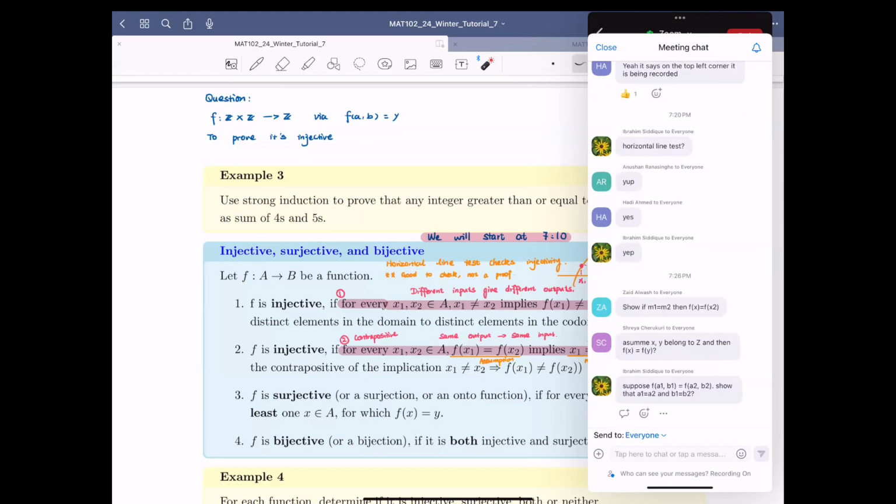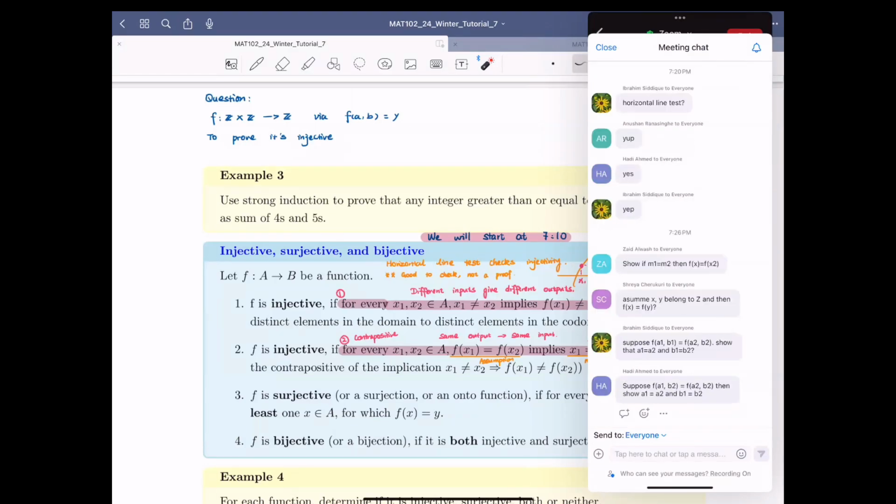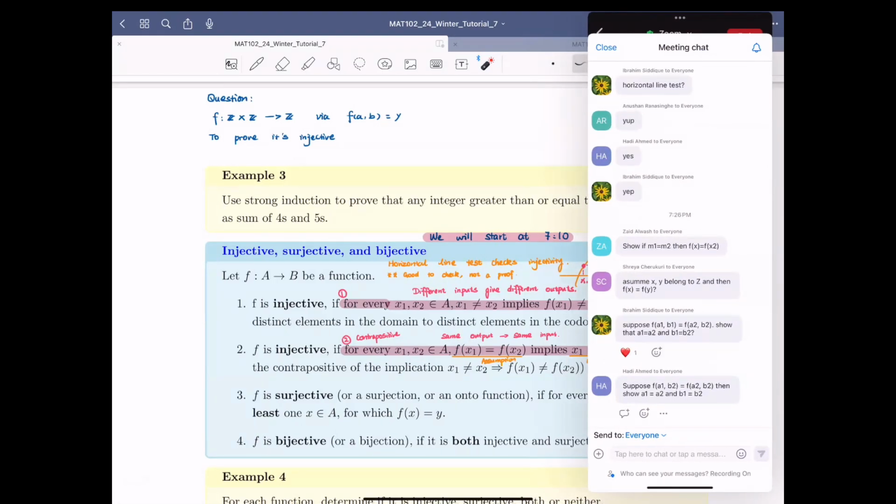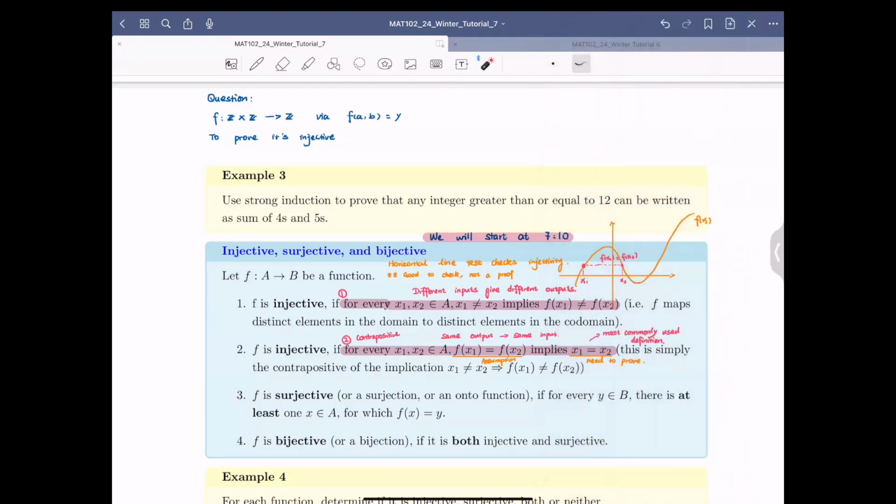First of all, your A here is a Cartesian product. So what do the elements in this Cartesian product look like? It's not just x or y anymore. That is correct. Okay, nice. This is important, because every time we have a Cartesian product, people freak out. So I have to make sure you understand this. To prove it, you need to suppose. Actually, I should write a property. You should let A1, B1,